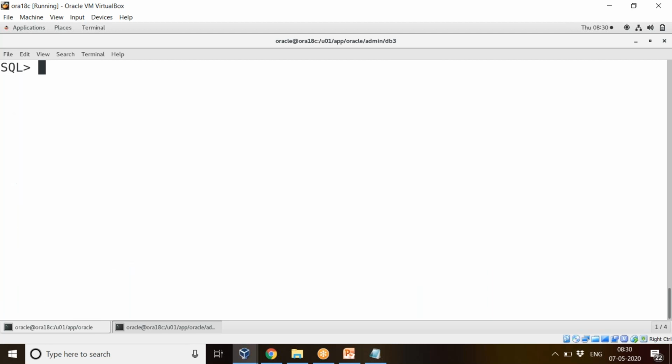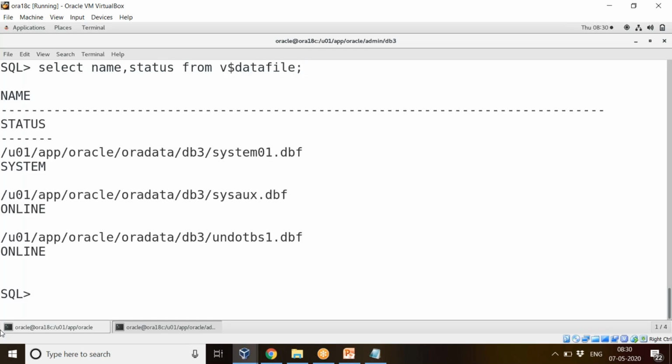Okay, see, select name, status from v$datafile I'll get. See, status is online, everything is online. What are all the data files? System, sysaux and undo. Normally by default these will be the data files available in the database.